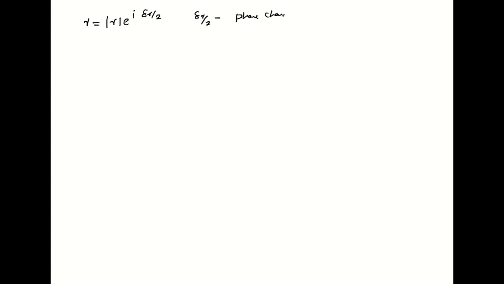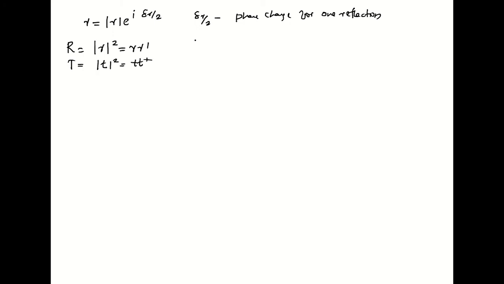Also, in this case the reflectance R will be equal to mod r squared, which is equal to r dash squared,